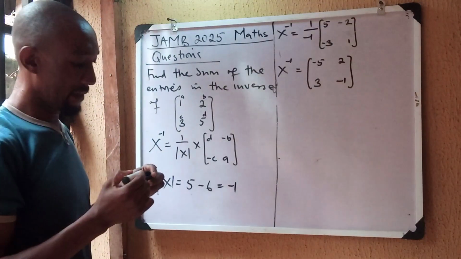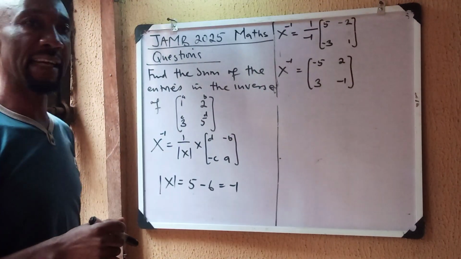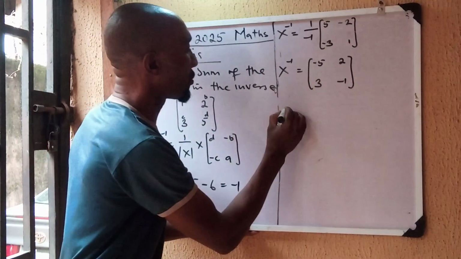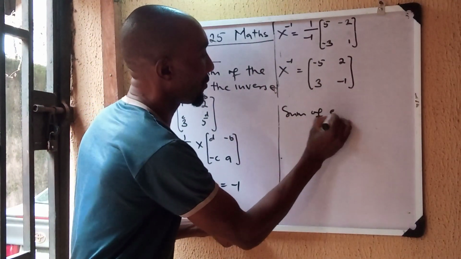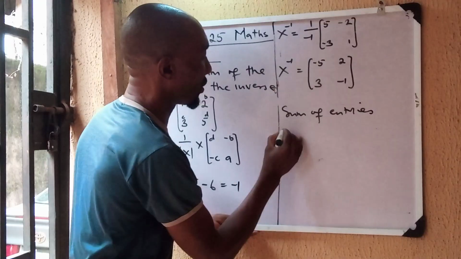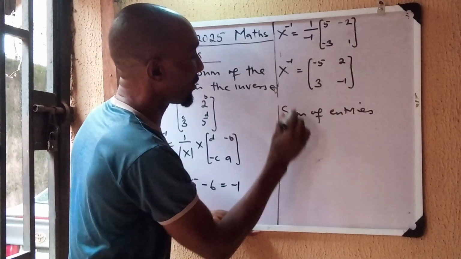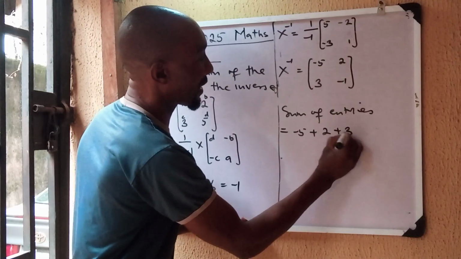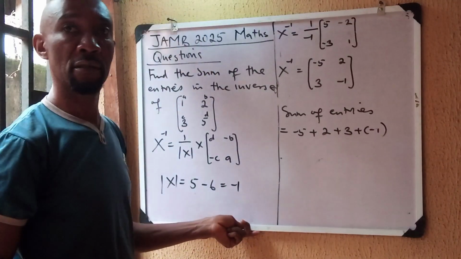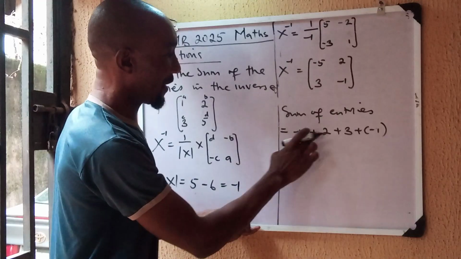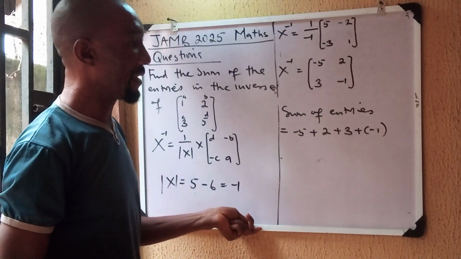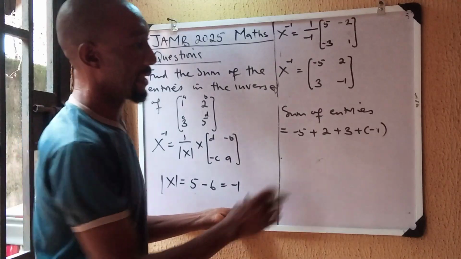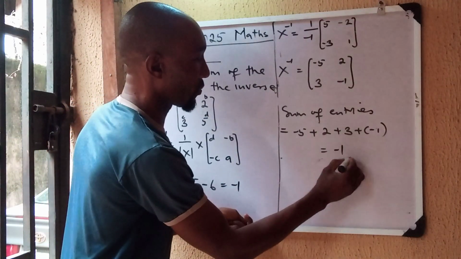To find the sum of these entries, we add them all up: minus 5 plus 2 plus 3 plus minus 1. Negative 5 plus 2 gives negative 3, negative 3 plus 3 gives 0, then 0 minus 1 gives